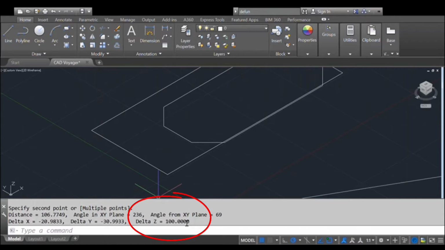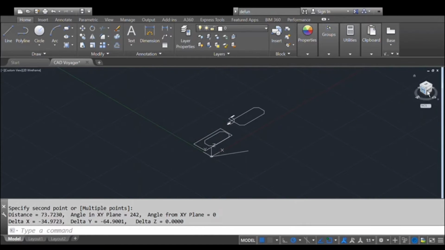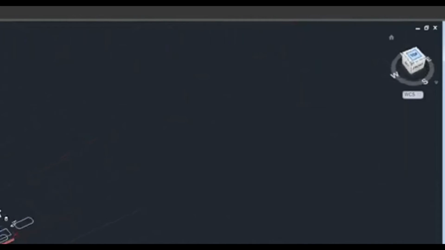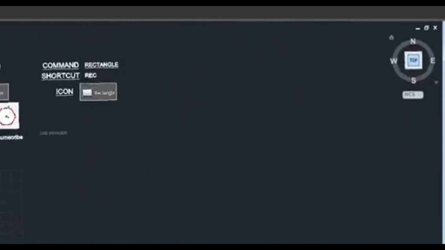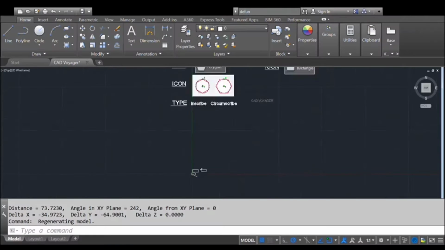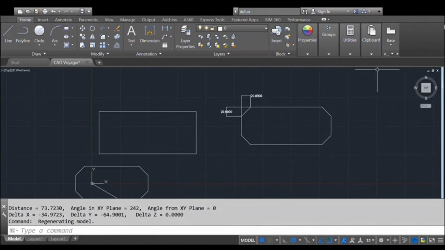This is the use of the elevation option in the rectangle command. By this you can move the rectangle in the Z direction. By clicking the top, we are toggling back to the top view. Now we are going to see how to add a fillet while drawing a rectangle. By adding a fillet, we can give a smooth finish to the edges of the rectangle. We cannot use both the fillet and chamfer at the same time in a rectangle.